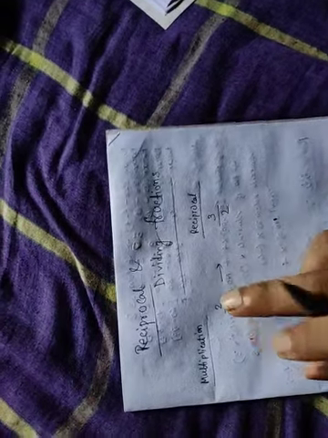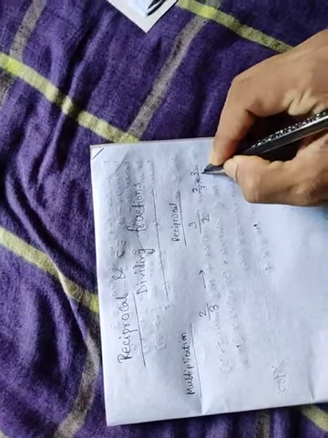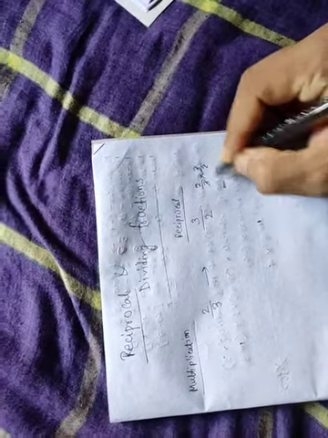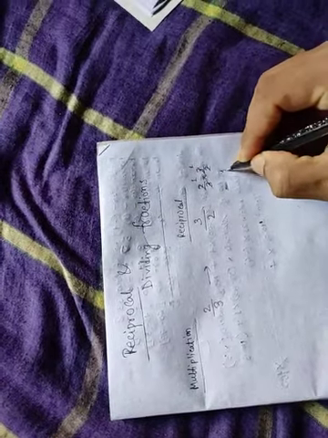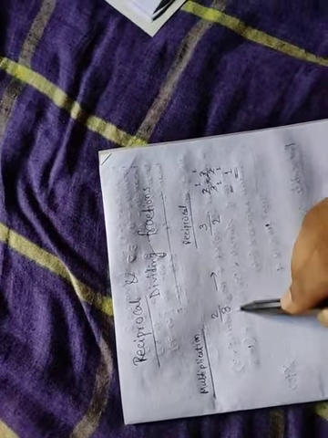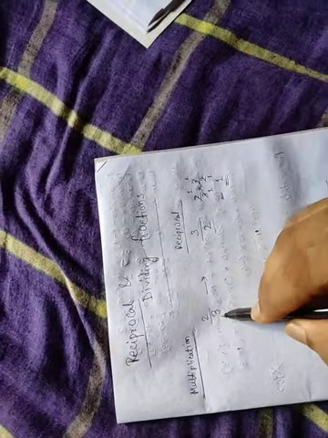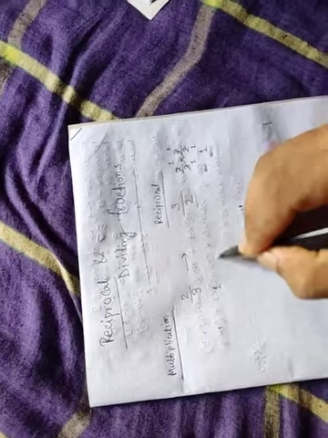See here, if we multiply 2 upon 3 by 3 upon 2, what will we get? 2 upon 3 into 3 upon 2 is equal to, see, 3 and 3 cancel, 2 and 2 cancel. So only 1 is left. So what did I say? The multiplication of any number and its reciprocal is 1. So clear? Okay. And one thing you have to remember: the reciprocal of 1 is 1.